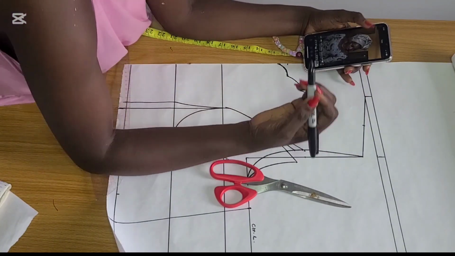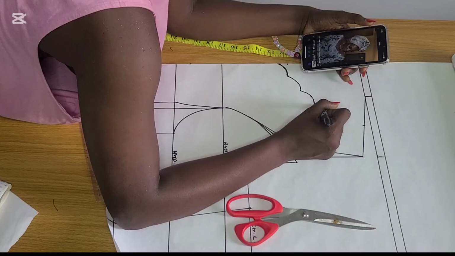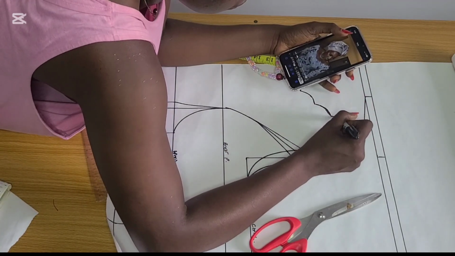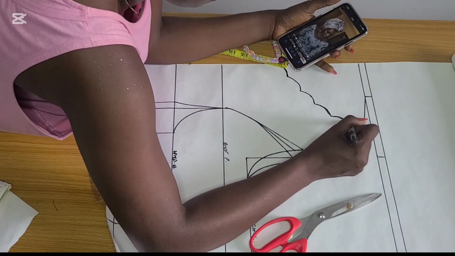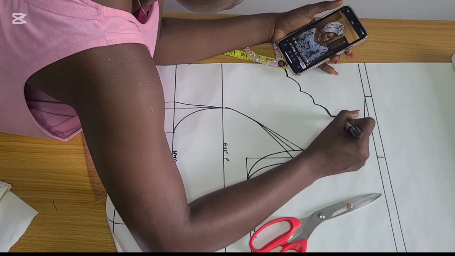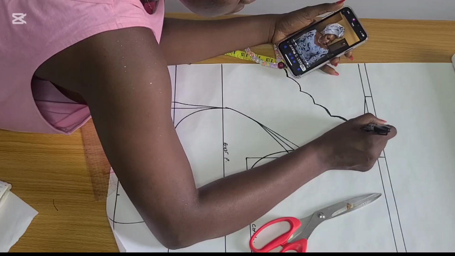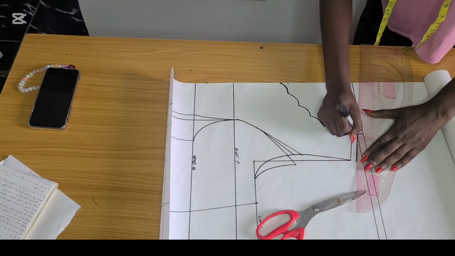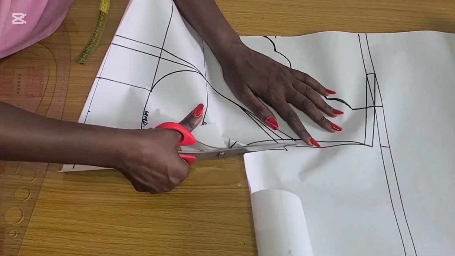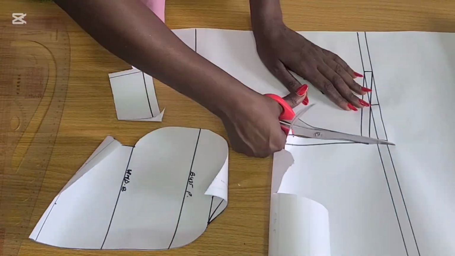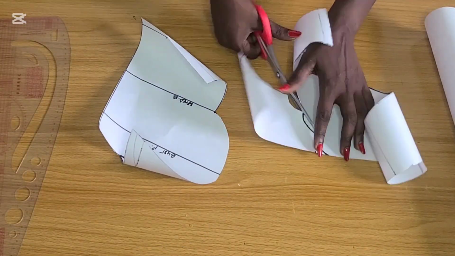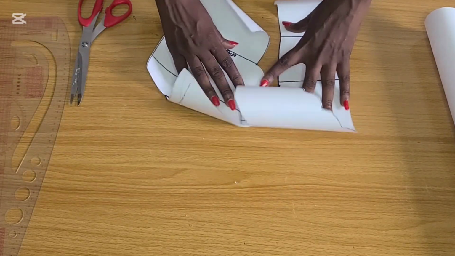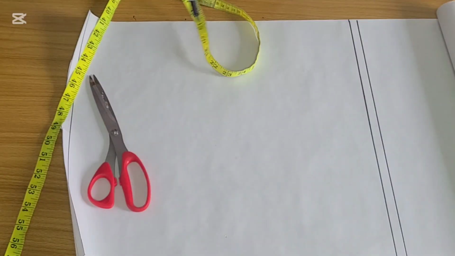Then, using a picture, I decided to just use my free hand to connect my neck depth to the neck width mark that I created on the shoulder line. So you just do what works for you. You can even use the cover of a bottle to get your curve if you don't trust your free hand. Then I added my ½ inch shoulder joining allowance, and I went ahead to cut out the pieces, after which we're going to move to the back